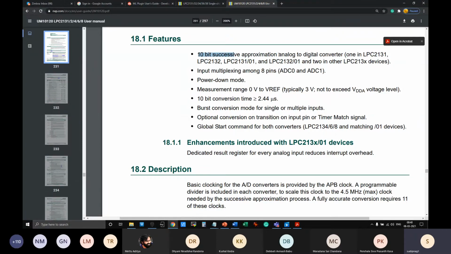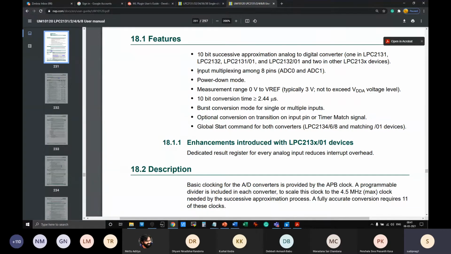And whenever you come across this term analog to digital, that means you can apply analog voltage within a range, within some minimum or maximum range. In this case, 0 to 2.5 or 0 to 3, which depends on your hardware connection. And then it converts that analog value into some equivalent digital value. I think you must be knowing about the basics of ADC. Now, how this ADC is implemented and how this ADC is utilized rather is more important to us.